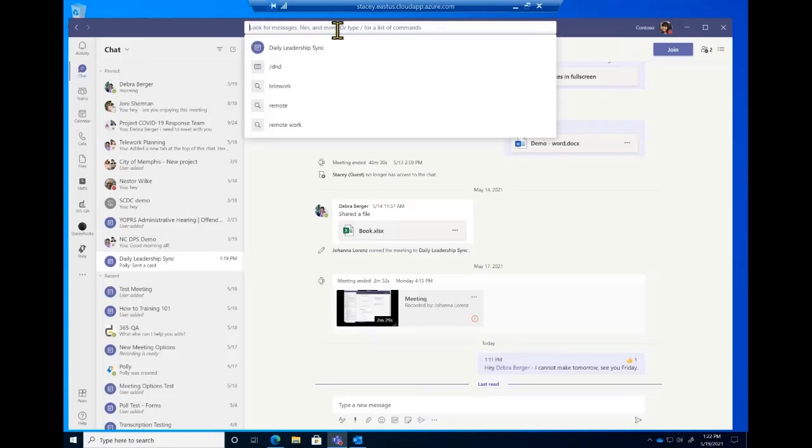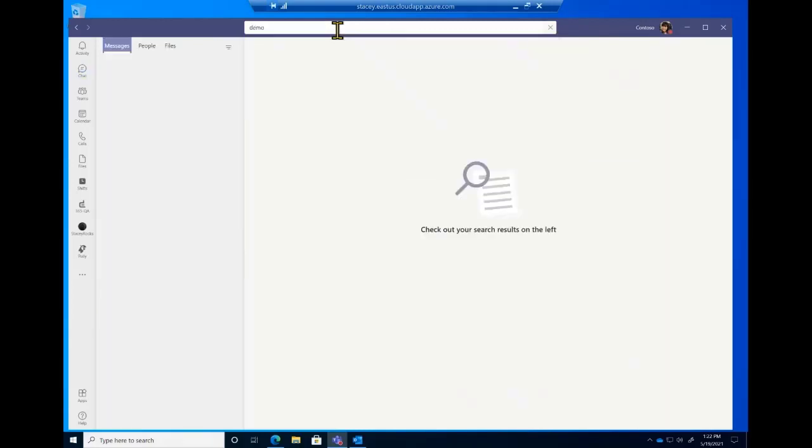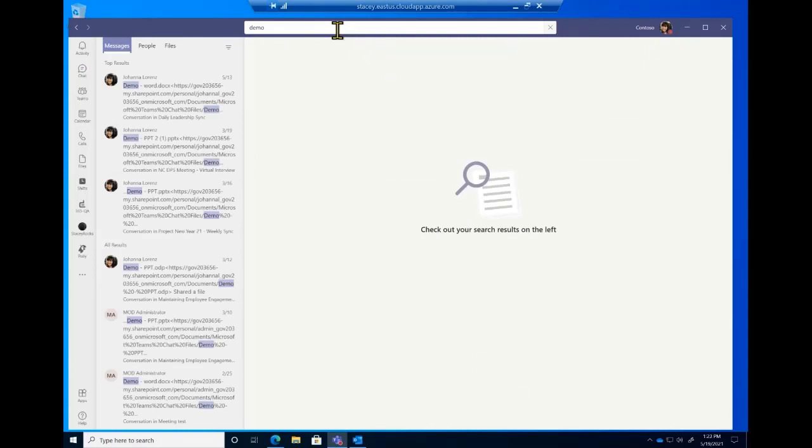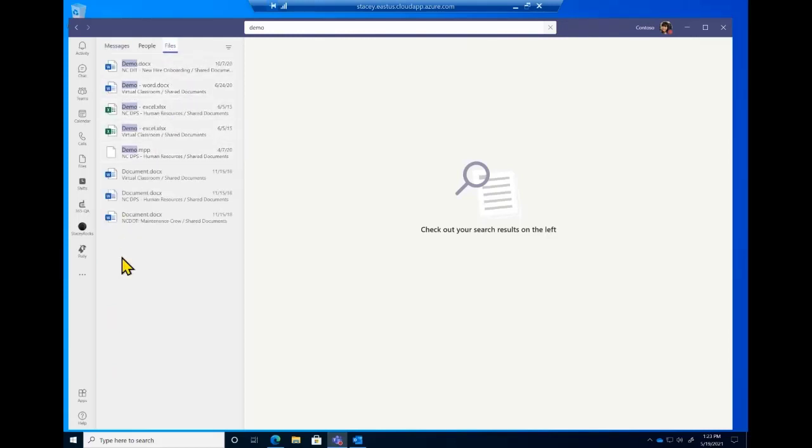But you can also, for Teams in general, search for any type of keyword and it will search the entire Teams environment around your messages. So you see up here the messages, the people, the files. I mean, it will search inside of a file. The only difference is, I will say, if you find the file that has this tied to it, like here you go, if the word was inside of the file, it won't actually take you and highlight the word, but it'll at least bring it to the document that you're trying to find.